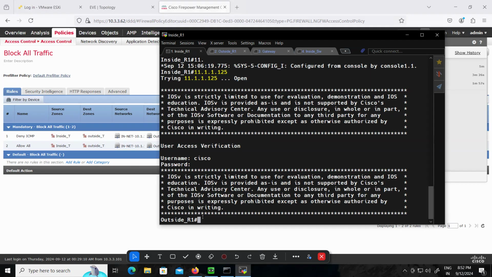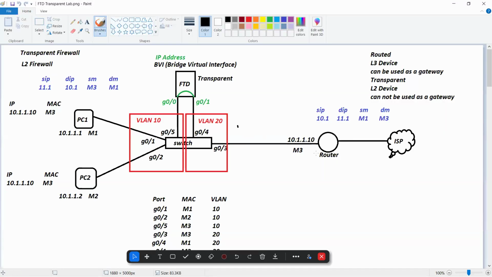Yes or no? How you will deploy your firewall as a LT. Okay. So